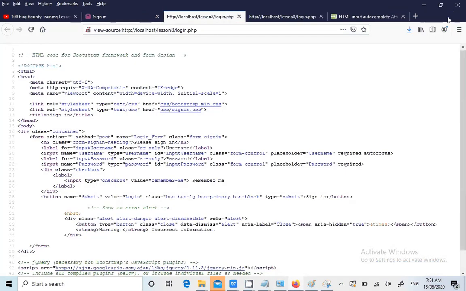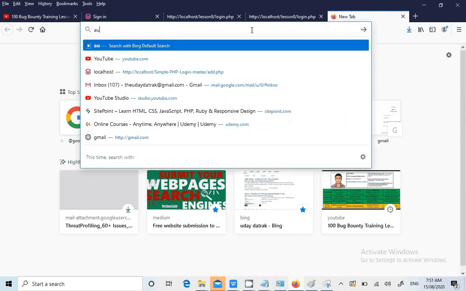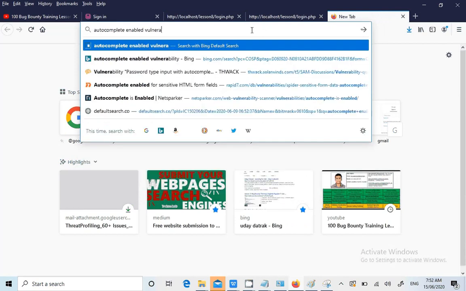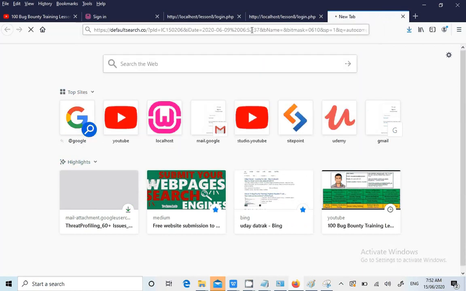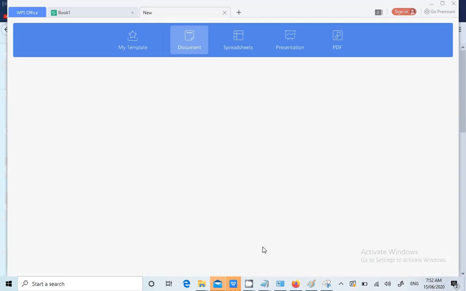Let's search whether autocomplete, you need to report this as a low level issue, okay. If you want more information, you can search in Google for this. See, autocomplete is enabled kind of thing. Now I will give you tips on reporting so that you can copy paste all the time, the same impact and remediation kind of thing. A professional documentation will not take more than 3 to 4 minutes.